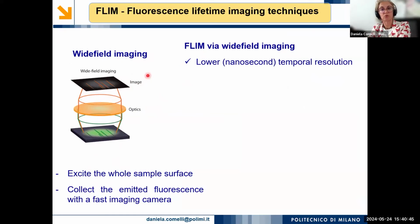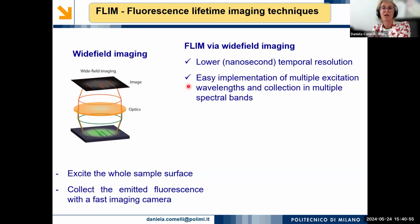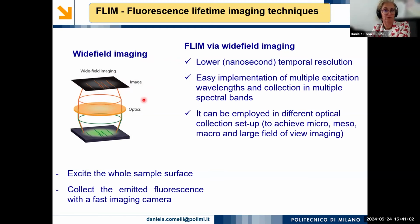In terms of temporal resolution, typically this kind of approach gives rise to a lower temporal resolution, generally starting from the nanosecond range. On the other hand, this approach can be implemented with multiple excitation wavelengths and collection in multiple spectral bands. The main advantage is that it can be coupled with different optical collection setups. So microscopy, but also mesoscopy, macro scale, large field of view, and indeed it can be easily implemented as a